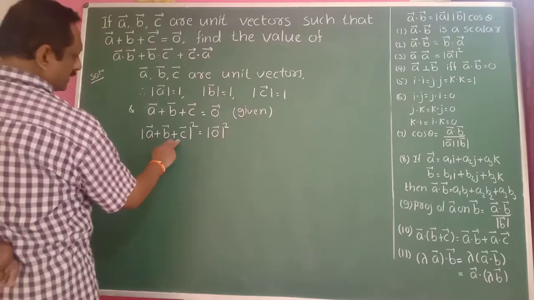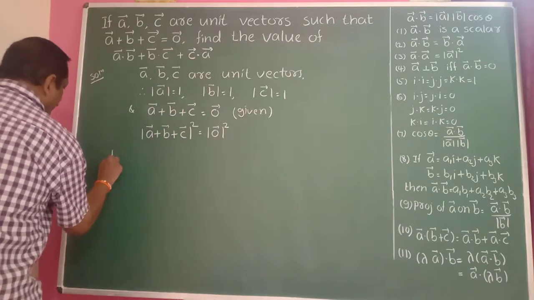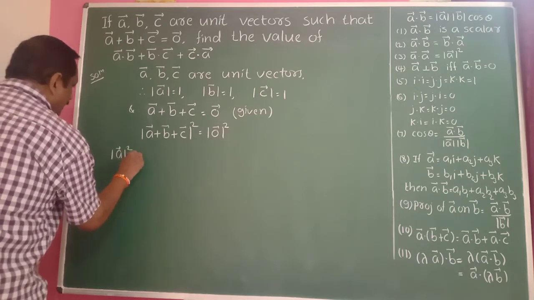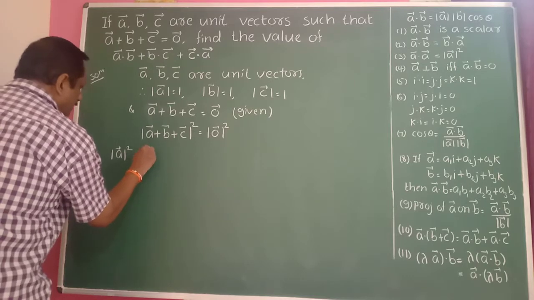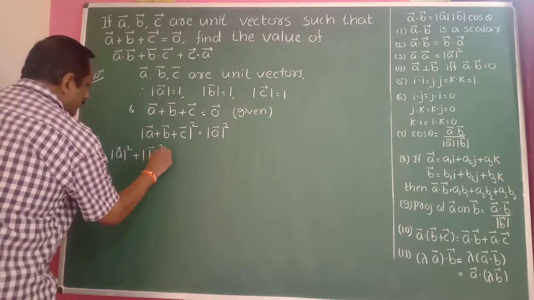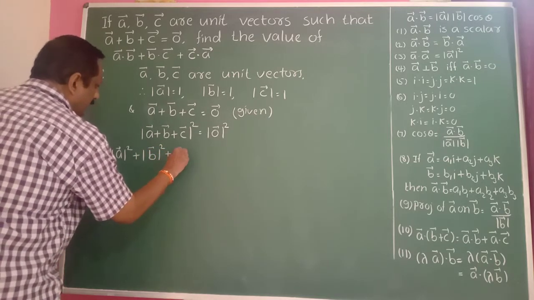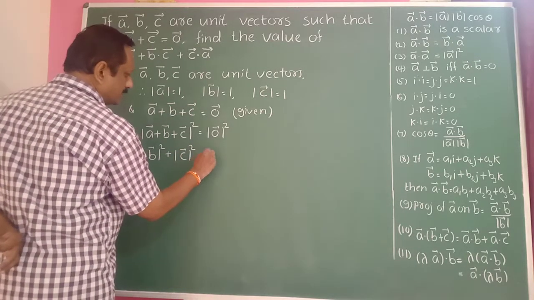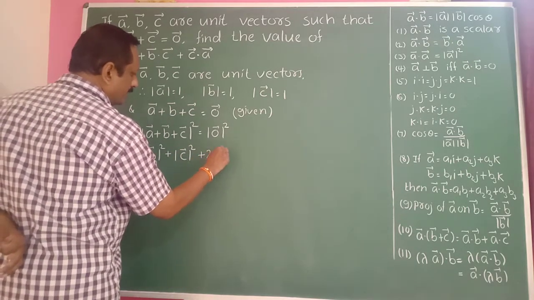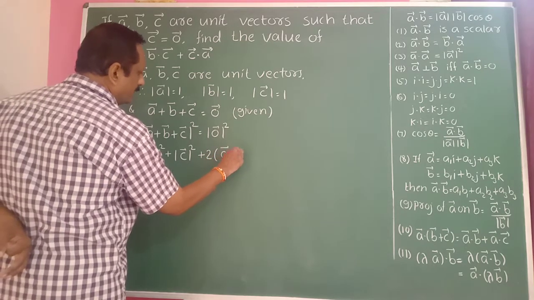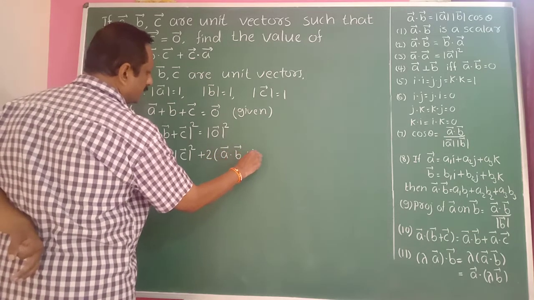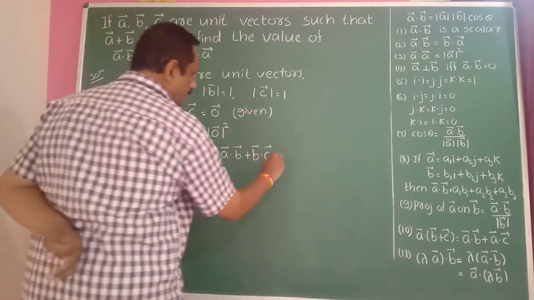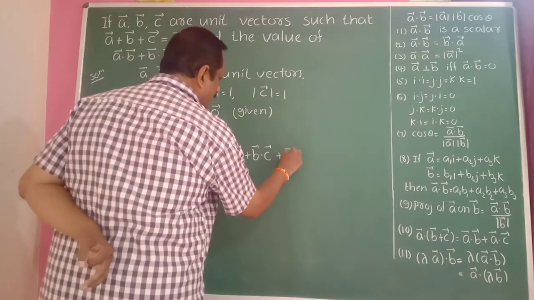These are vectors, so we can write modulus of a bar square plus modulus of b bar square plus modulus of c bar square, then plus 2 into bracket a bar dot b bar plus b bar dot c bar, then plus c bar dot a bar,